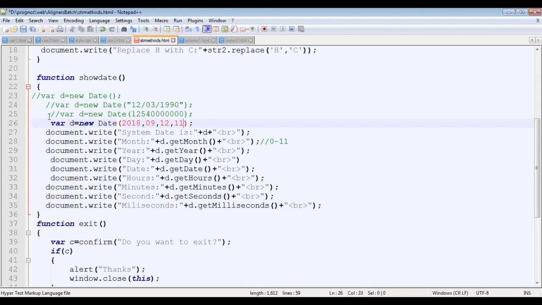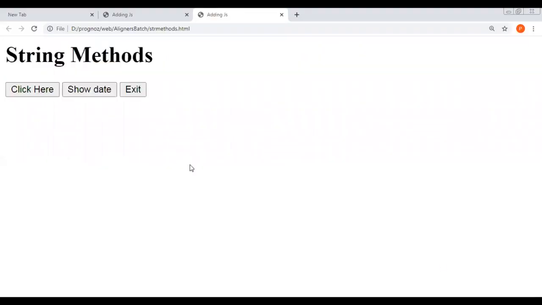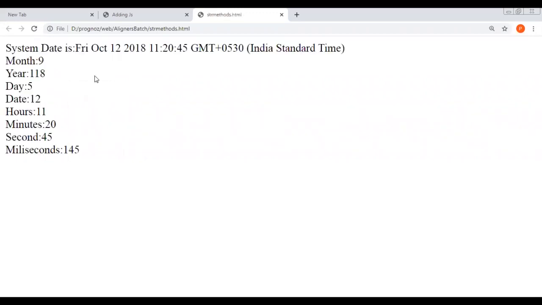So I can say 11 hours, 20 minutes, and 145 milliseconds. This can also be specified. Okay, so on the basis of whatever time is given, the date and time will be displayed.